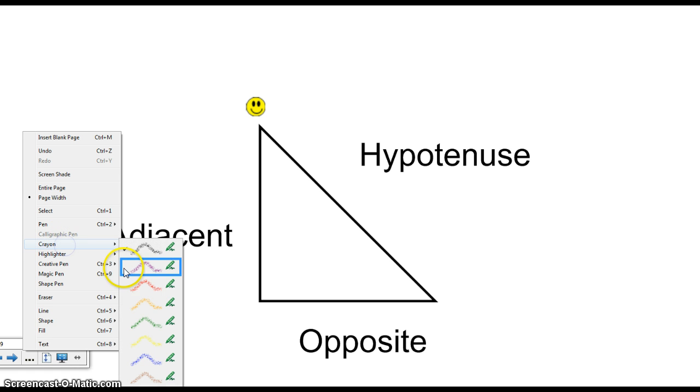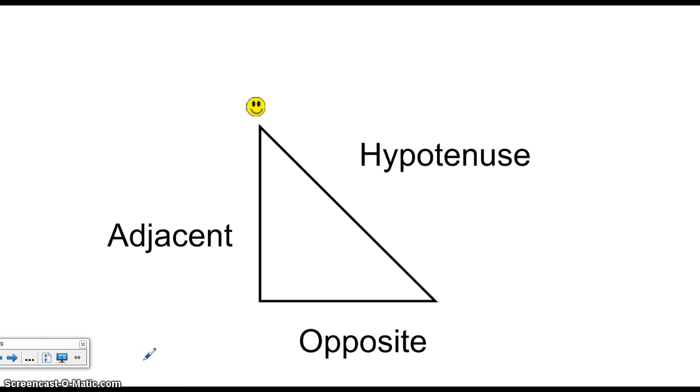So when we look at how to find out trig ratios, we are going to remember the acronym that I talked about today, SOH, CAH,